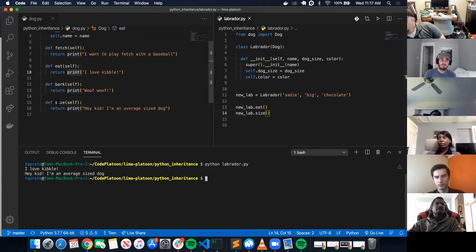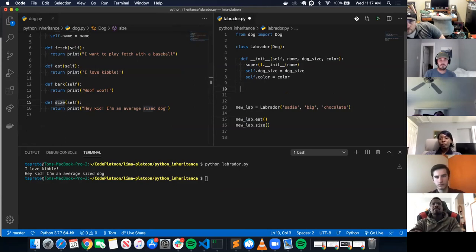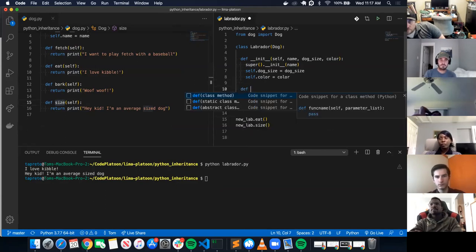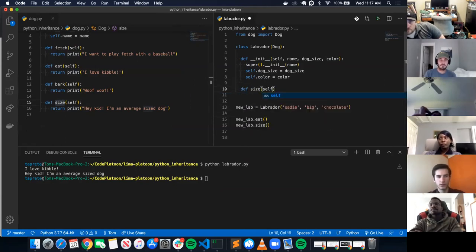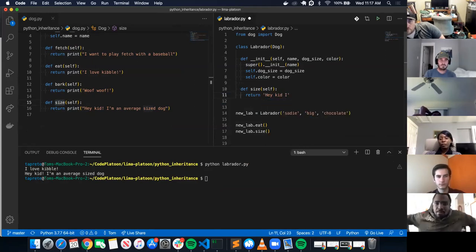But this is not an average sized dog. So what you can also do is overwrite this size. You can overwrite methods that you inherit from your parent. So I can do self.size, return, hey kid, I'm